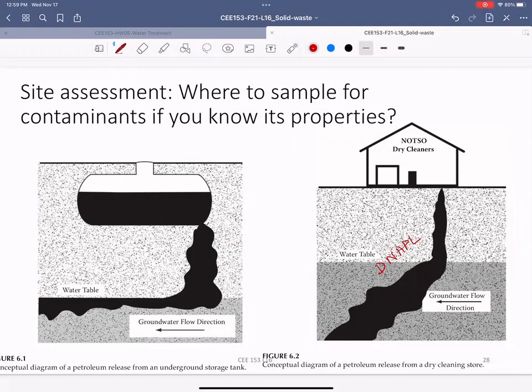Because it's dense, it's going to sink in water. It's going to start going down into groundwater. So if you have one of them, you have to clean up. This one is easy to clean because you can just extract water by pumping. The other one is just going to keep sinking downward, so you have to clean so much more area. So if you are doing assessment studies, you have to dig a bigger hole, all the way to the bottom. That can inform you